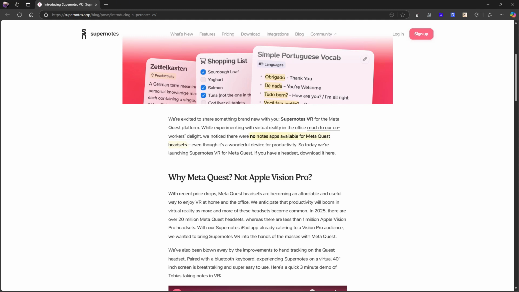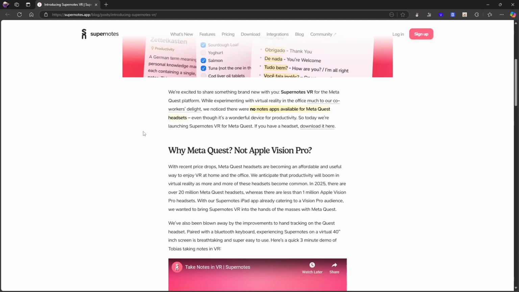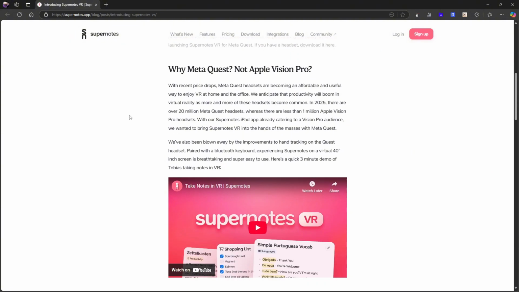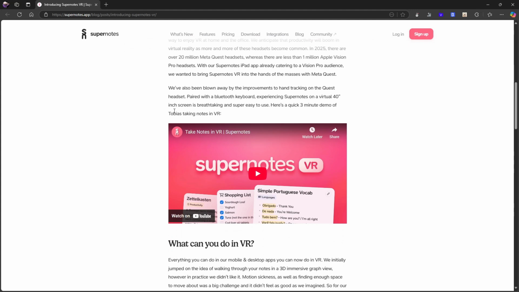So having the ability to have note-taking applications on the Meta Quest headset is exciting. And they also talk about it a little bit in the blog post, why Meta Quest, not Apple Vision Pro. With recent price drops, Meta Quest headsets are becoming an affordable and useful way to enjoy VR at home and the office. And they also anticipate that productivity will boom in virtual reality as more of these headsets become common. So, as these headsets become more common, I think an application like Supernotes, like note-taking applications, productivity applications, could become